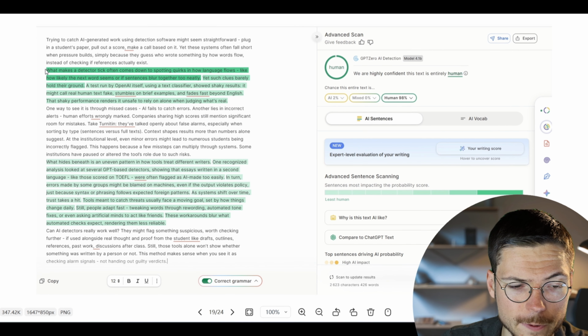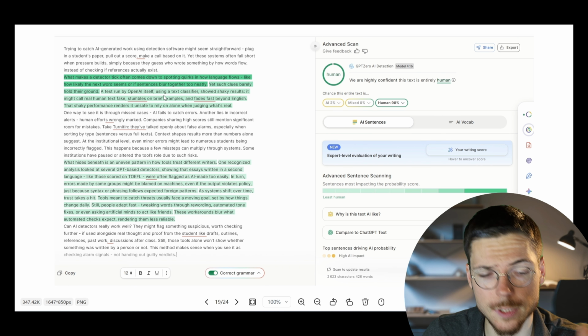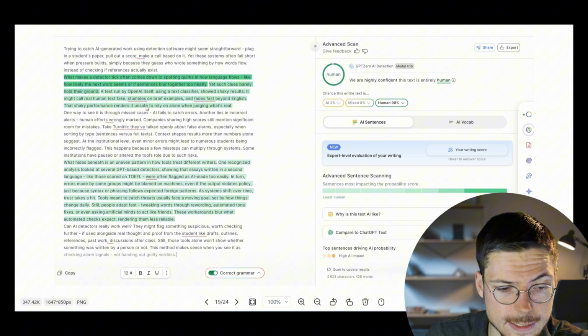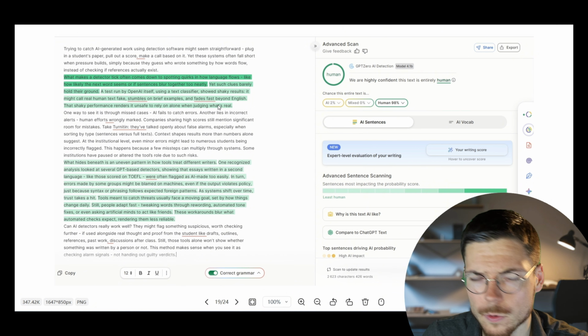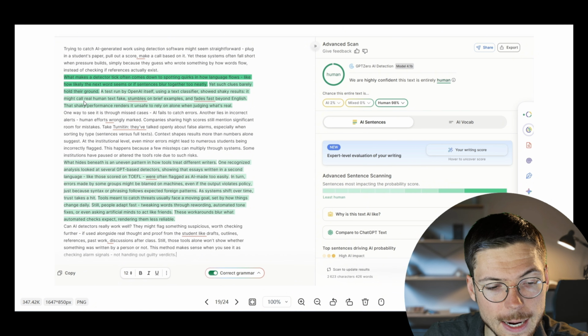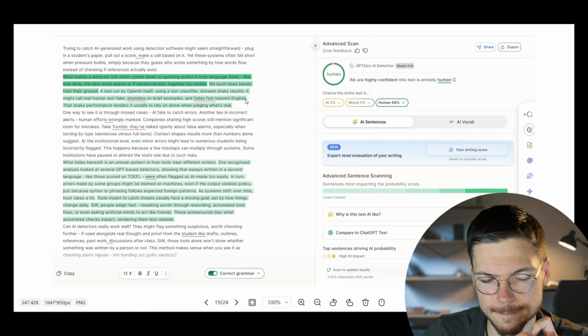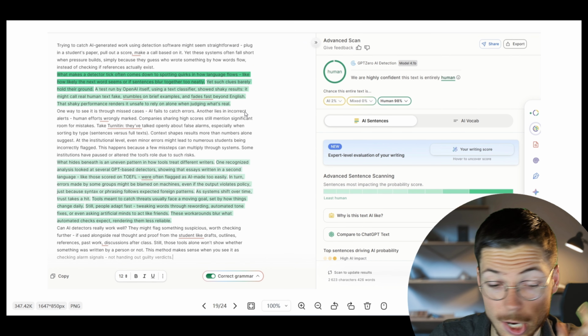So really with vocabulary that is very human, very conversational, a bit casual even. As you can see here, it was a very formal text about AI detection, and you can see that some phrases are very casual. It's not very formal in a way. For example, you have a phrase like, "it might call real human text fake, stumbles on brief example, and fade fast beyond English." So the tone doesn't work that much on this kind of subject, but it passed because